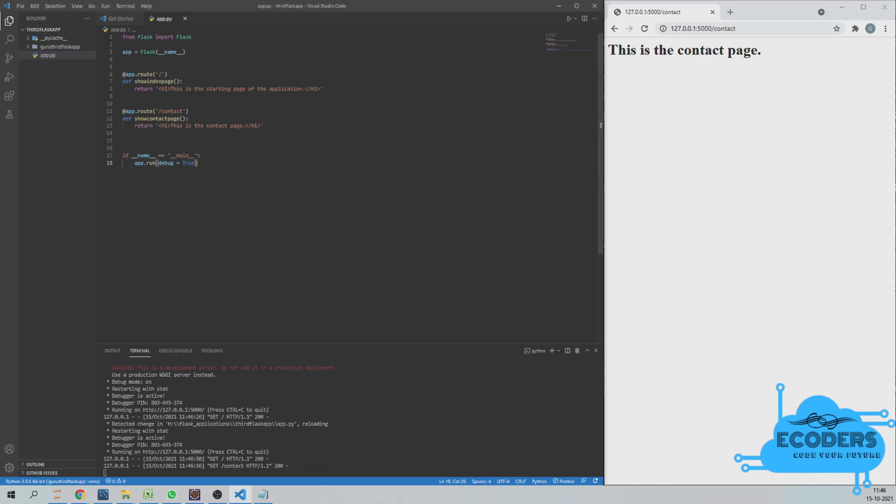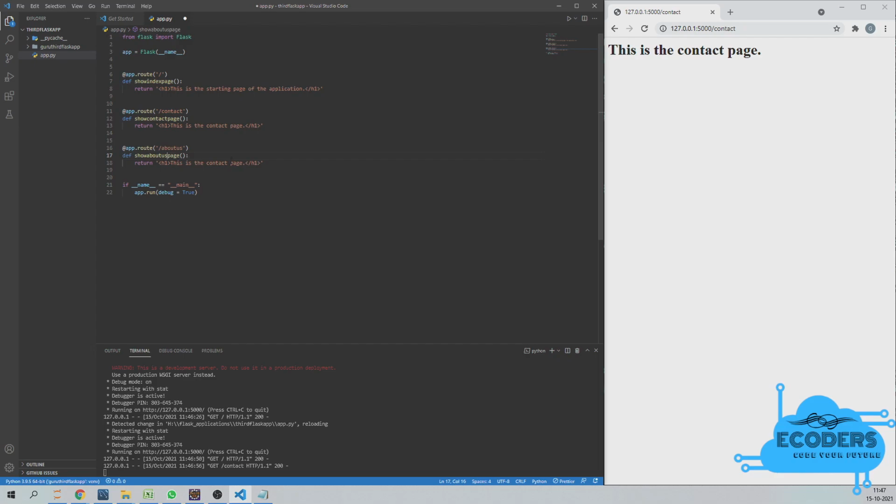Now let us create more pages. Just like this, let me copy this and create one more about us page. So the URL for that I'm going to keep as about us, and here the function name you have to change to show about us page.